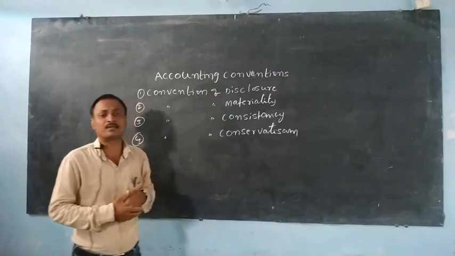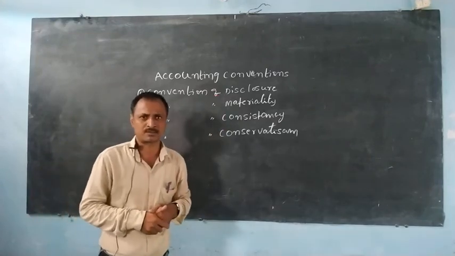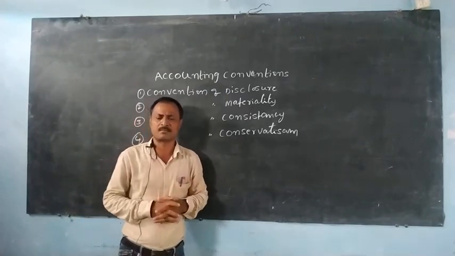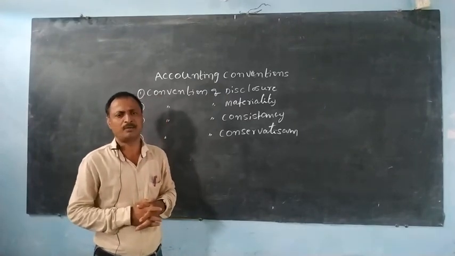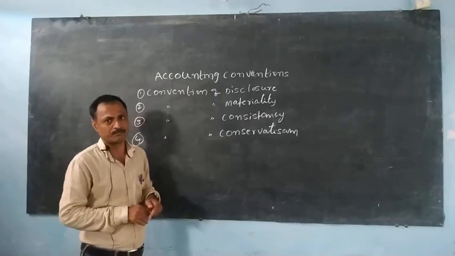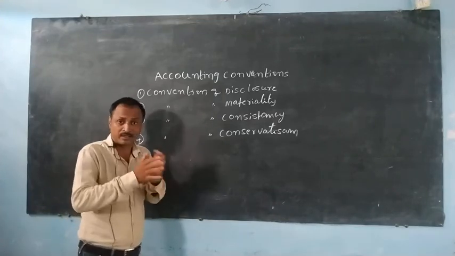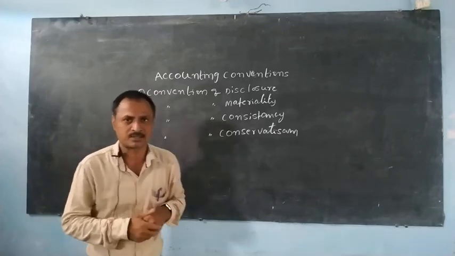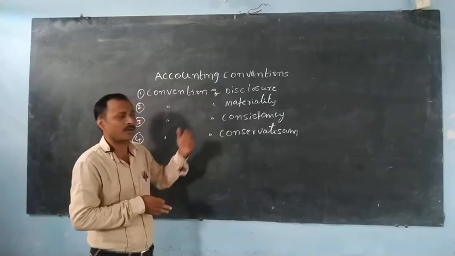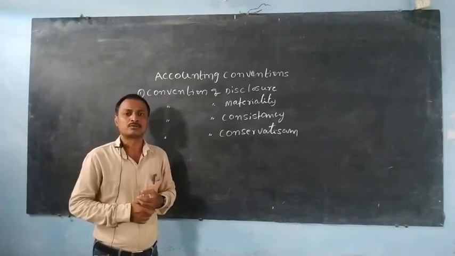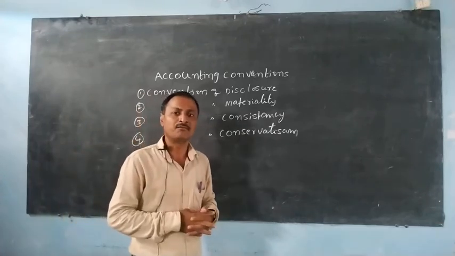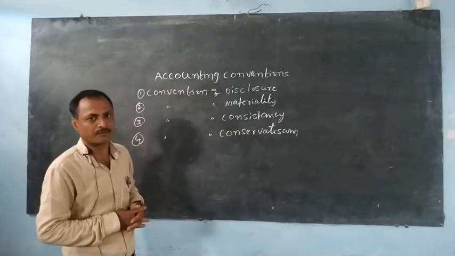Kohler has given a definition of accounting conventions. Whatever formality a business is following should be uniform, and the accounting method should be uniform. So these are not conditions, these are not assumptions, but certain formalities. These formalities must be followed to get true and fair accounting and financial information.